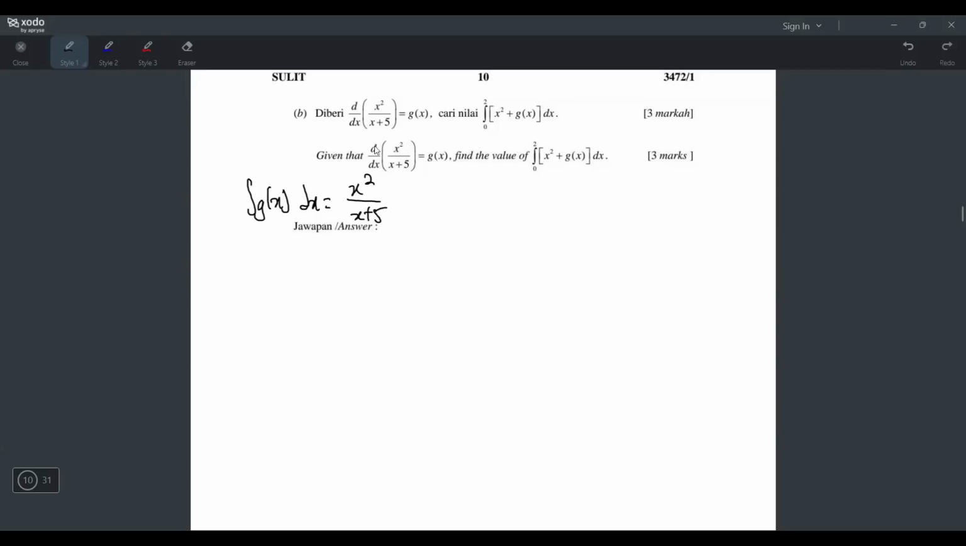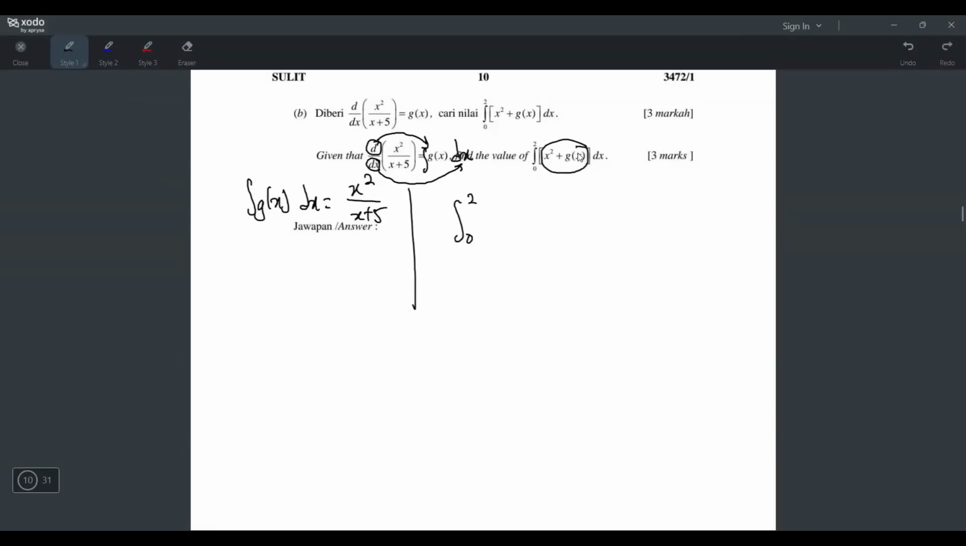How I know is because this d stands for differentiate. When you move it over here, it becomes integrate. And this dx, it sits at the bottom, so when you move it over, you write it on top like this. So now it becomes integrate g(x) dx, which is this one, equals to the original thing, right? So it's like differentiate this equals to g(x), it means integrate g(x), you get back this, right? Okay, but the question asks for other stuff. The question asks for integrate 0 to,